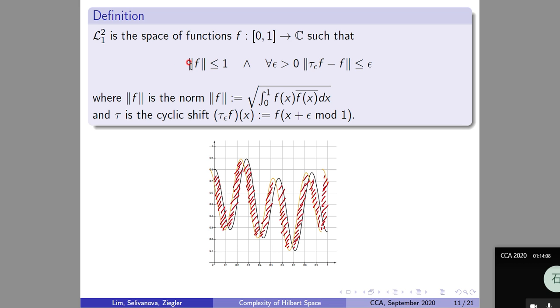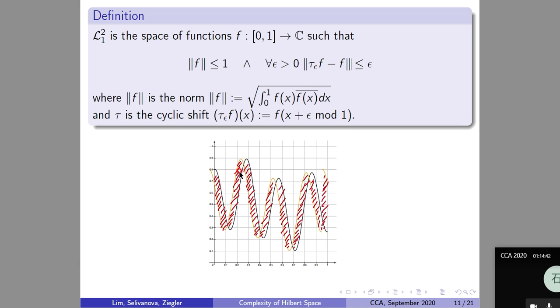So the norm has to be less than or equal to 1, and there's this additional condition. This is kind of a sensitivity condition. So tau is the cyclic shift operation. If there's this original function and you just shift it a little bit, then there's this red area. That's kind of the difference. And the intuition for this condition is that if you shift only a little bit,